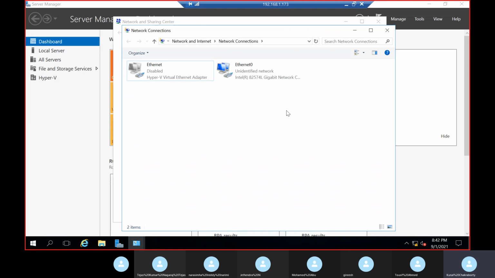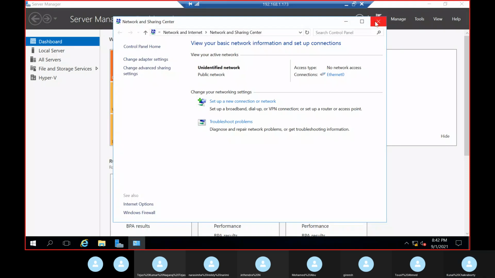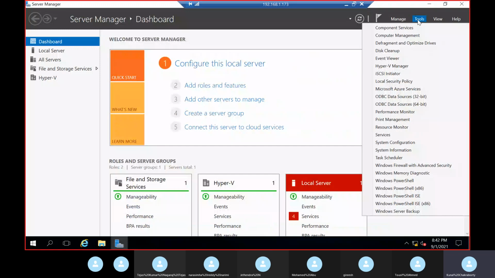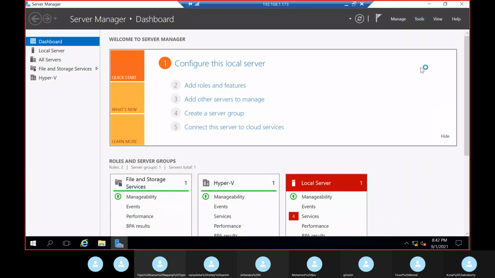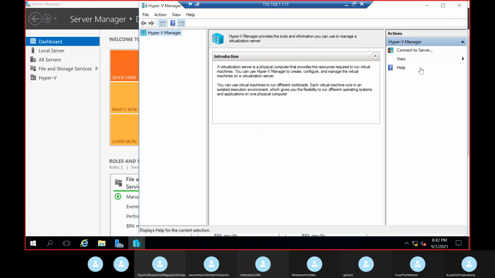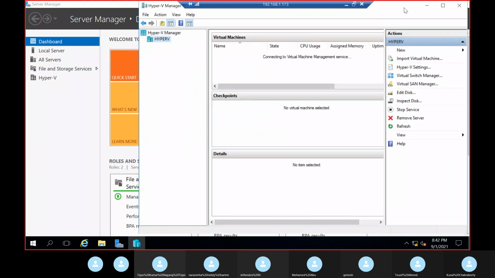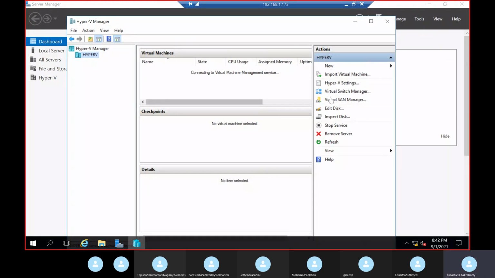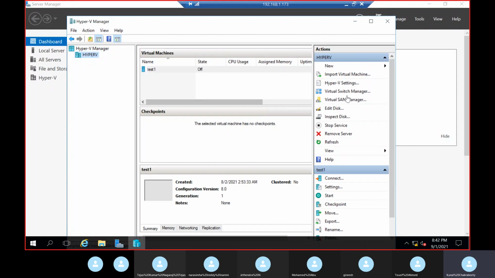So what you have to do is separate this. Separate how? You have to create one virtual Ethernet from this. So how to create that? Go to Tools, Hyper-V Manager. When you come to Hyper-V Manager, here you will see Virtual Switch Manager.